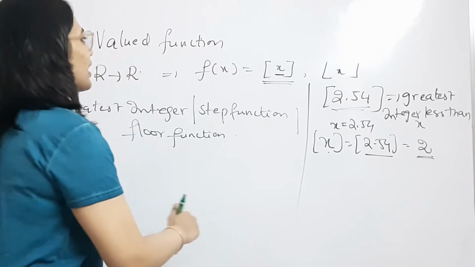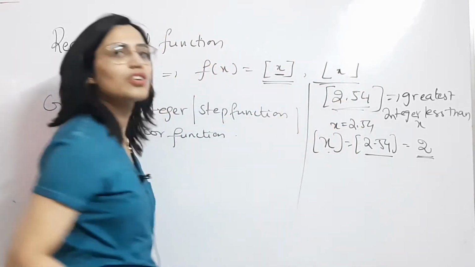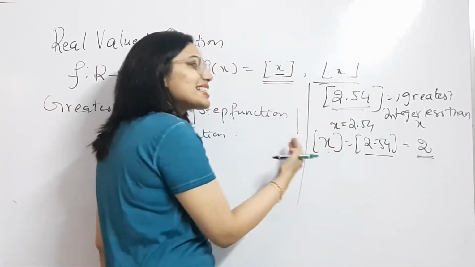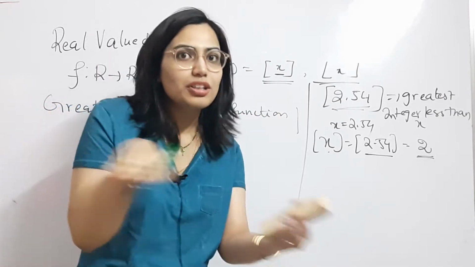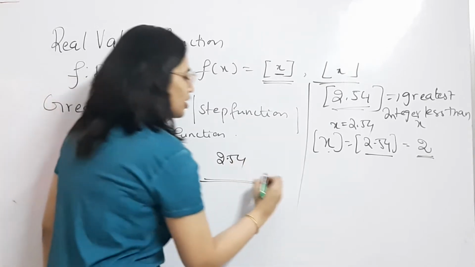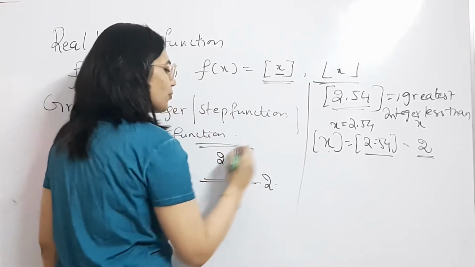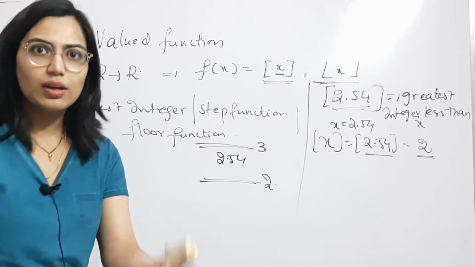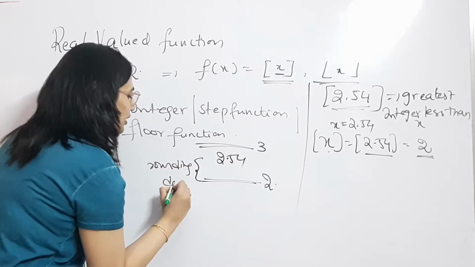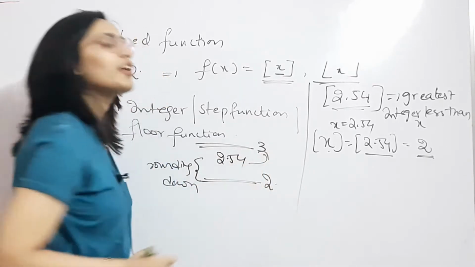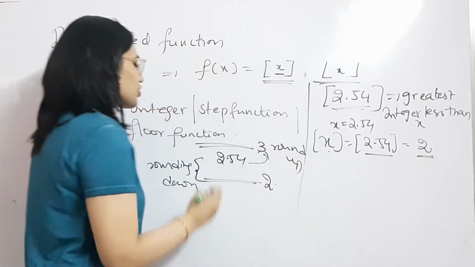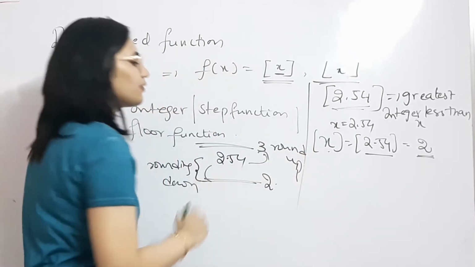That is the reason why we call this the floor function also, because you are picking up a value that is less than x. That means you are picking up the bottom value. If 2.54 is here, you are picking up 2. What is the top value? It will be 3. In this case, you are rounding down the value. But when 2.54 is changed to 3, you are rounding it up. So in the step function, you will be rounding down the value to 2.